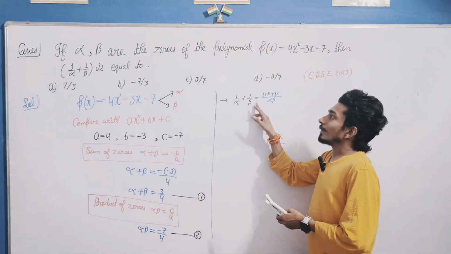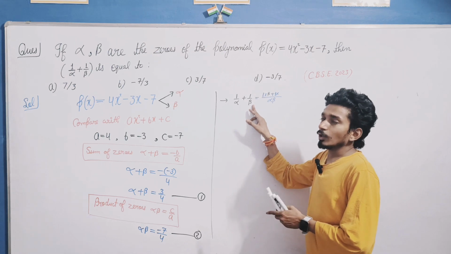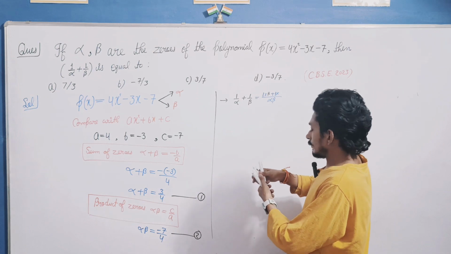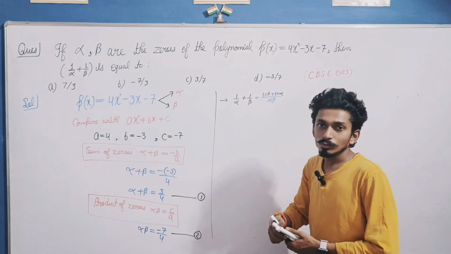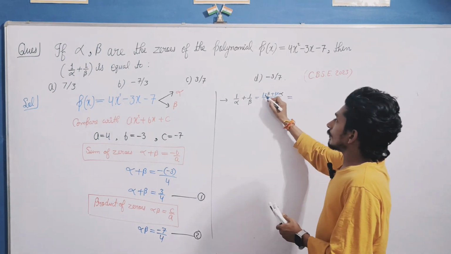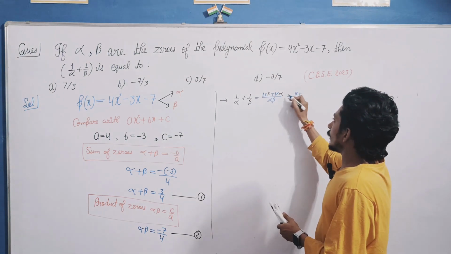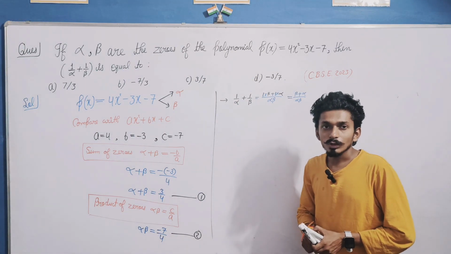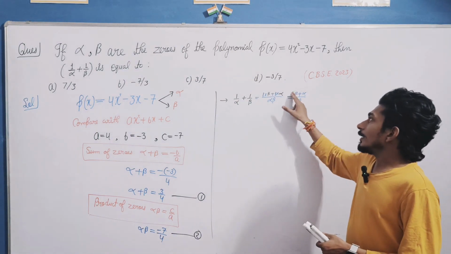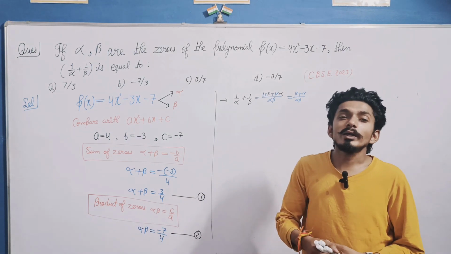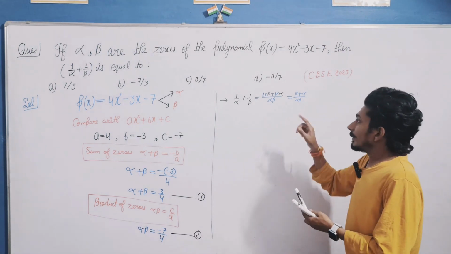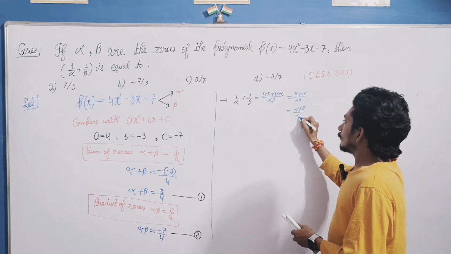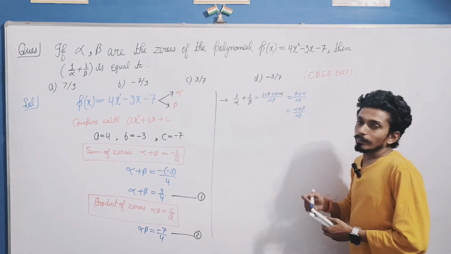Now alpha beta is divided by the denominator of the second fraction, that is beta. Beta is cancelled by this beta, so we get alpha. So 1 into alpha. After that we get 1 into beta, beta plus 1 into alpha, alpha upon alpha into beta. We know that addition of two numbers satisfies the commutative law, so beta plus alpha can also be written as alpha plus beta, upon alpha beta.